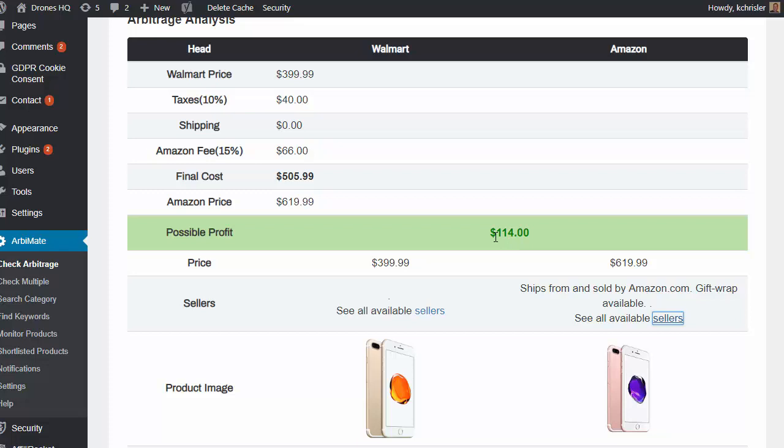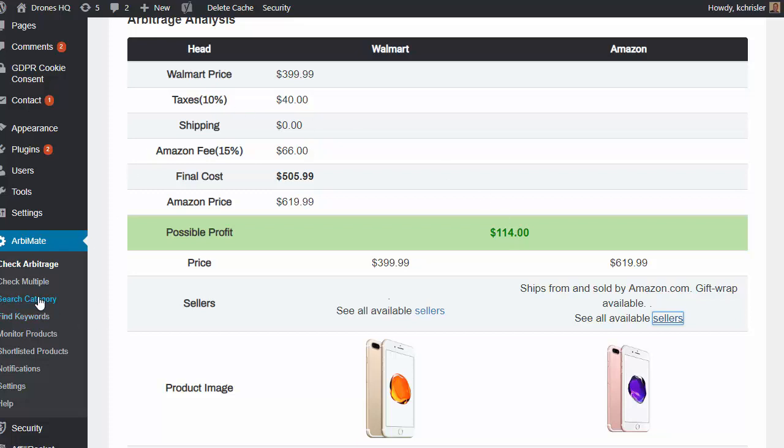And again, the beauty of this is I didn't have to stock inventory. There's no risk on my part because I didn't have to buy this ahead of time. I just list mine on Amazon, and if I get a sale, I'll get an email from Amazon that says, hey, you sold a product, time to fulfill it. I go back over to Walmart, I purchase that product and have it shipped to that customer. The process is done for me, and I clear a profit of $100. So it's an incredible software.